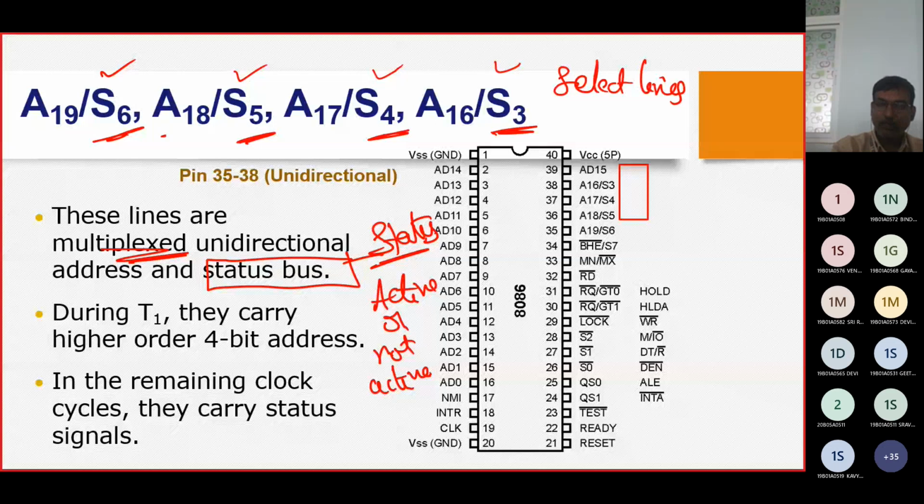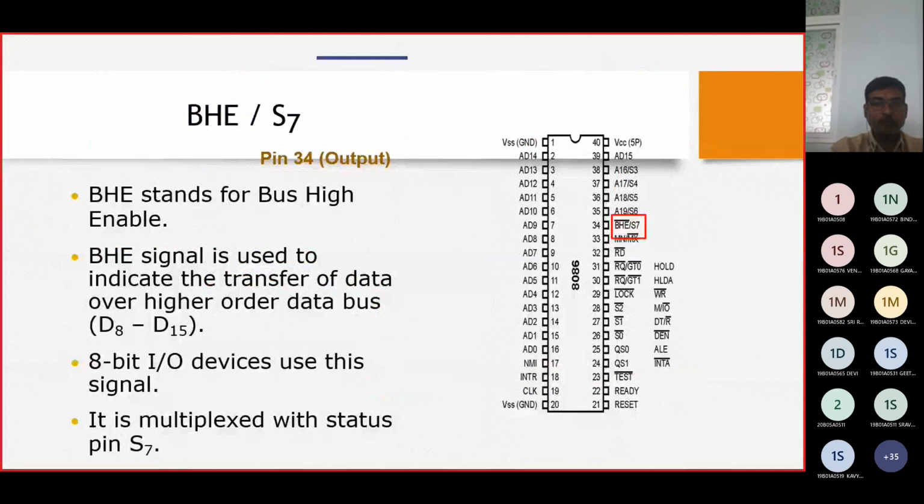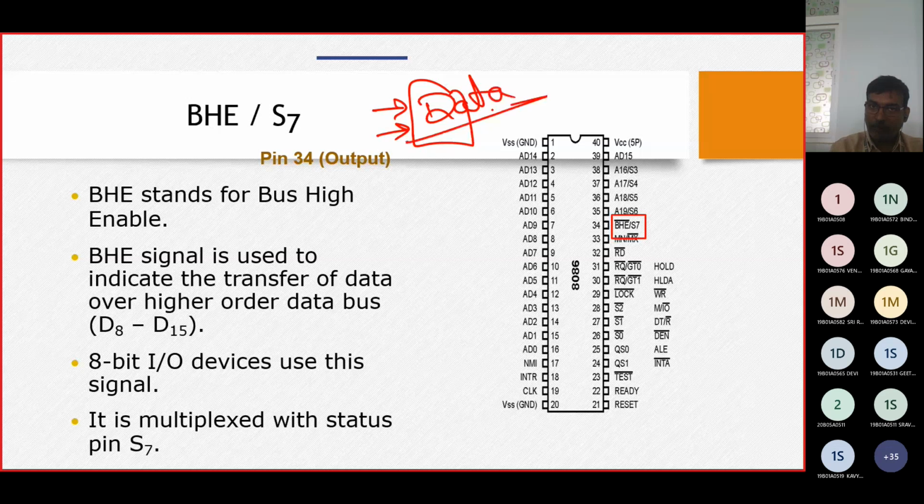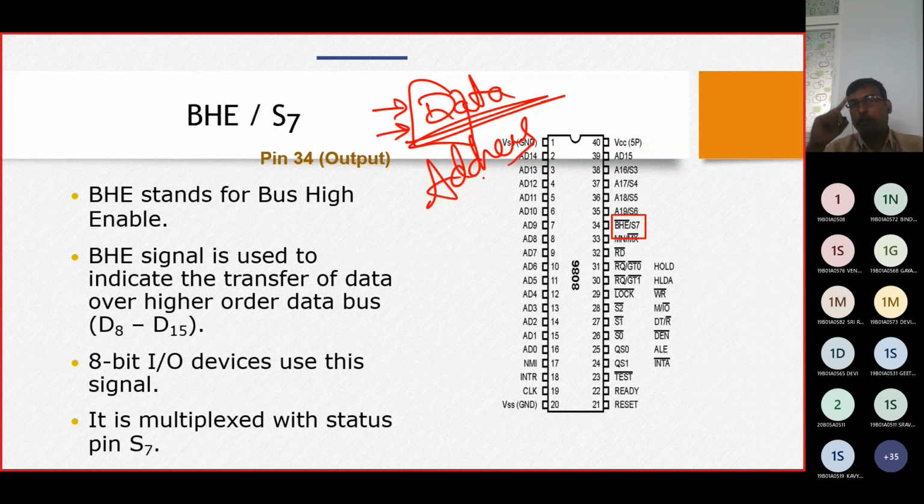They are going to use up the multiplexer. Next one. The other important thing was we need a pushing point, a pushing directive to show whether data should come or address should come.